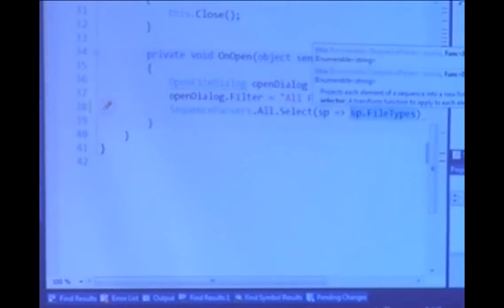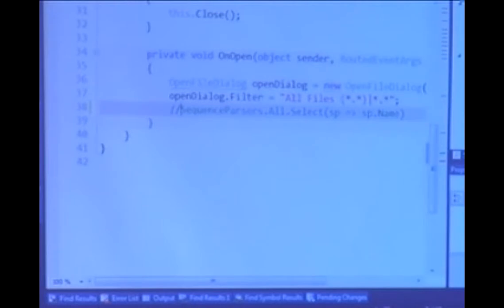By taking all of these file types, I could generate a nice little LINQ expression that would create a string with, as an example, sp.Name as the first part. That would be the parser name, like FASTA or FASTQ or whatever happens to be, and then file types, which would be my delimited list of specific file types I want to load. In the interest of time, we won't do this. I'll leave that up to you guys to do.